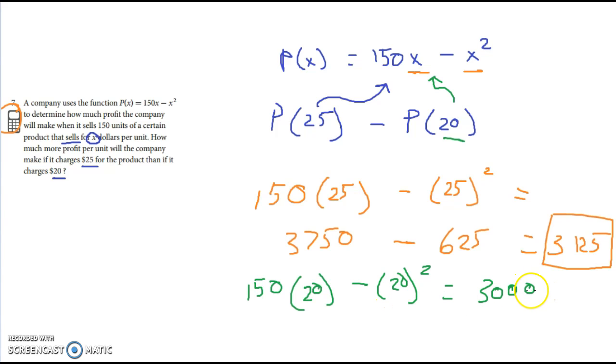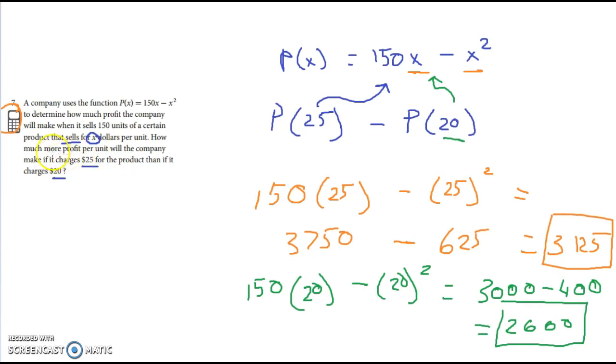And then minus 20 squared. That I'm proud of myself. I do know that one. That is 400. So that would be equal, and check me if I'm wrong, but that would be equal to 2,600 bucks. Okay, so we figured out what the value of this function was for these two different price values,